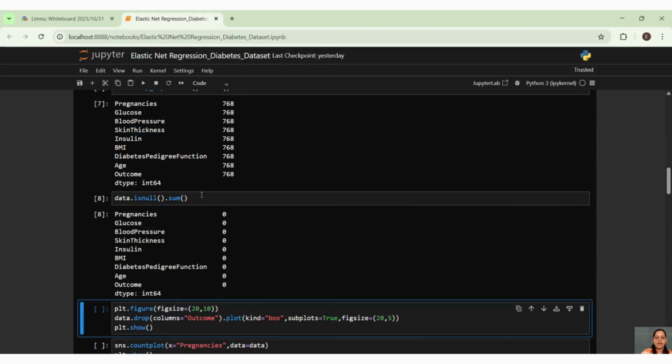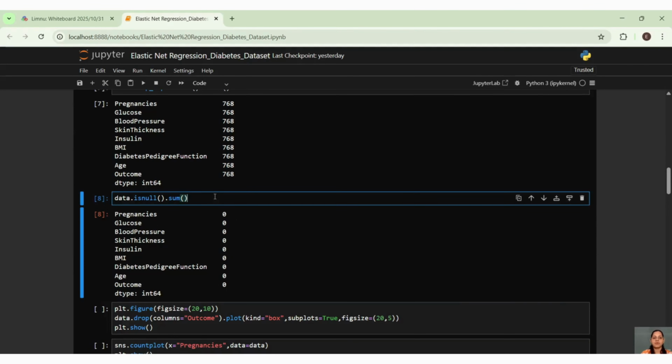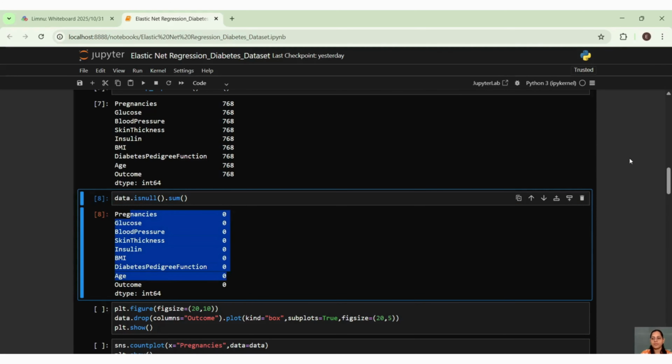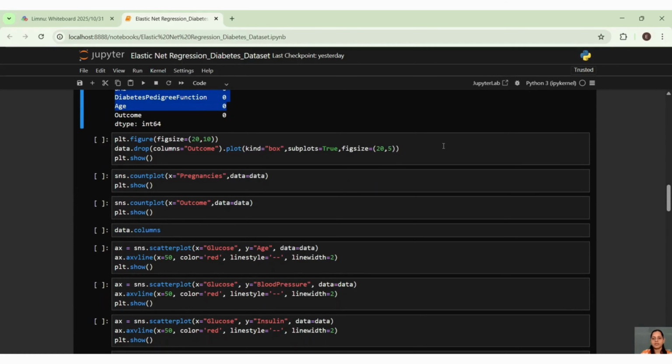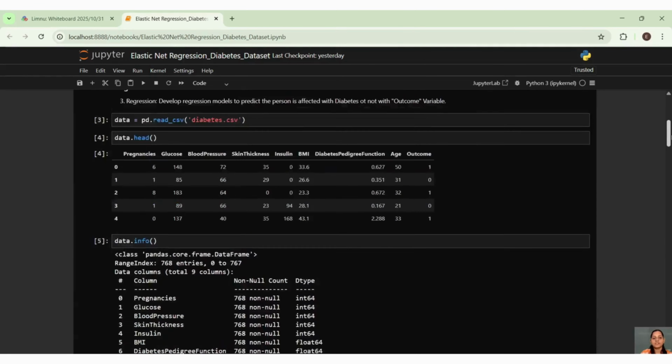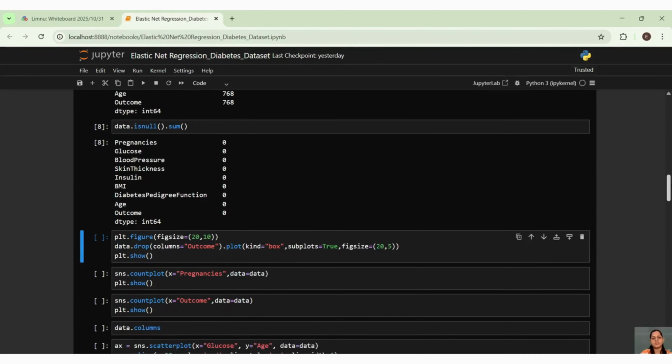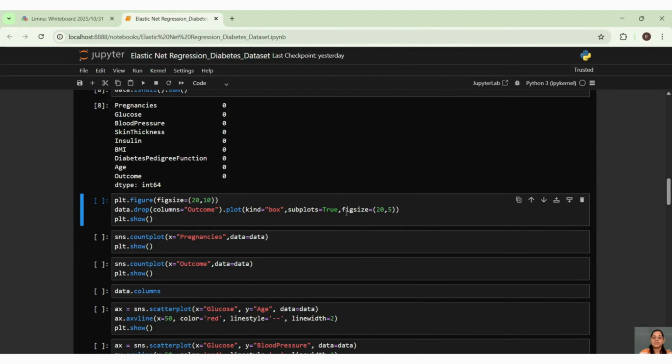Then I am just understanding how many null values are present. So I can see all are 0. Now we will move ahead with the next one. What is the next step, guys? We did all our data cleaning and data manipulation part, and as I have very few features, I am not combining any of them because those all are independent features for me. So I will go ahead and perform my exploratory data analysis.